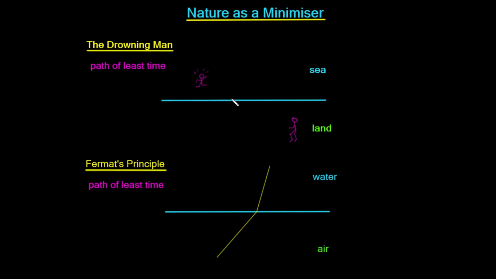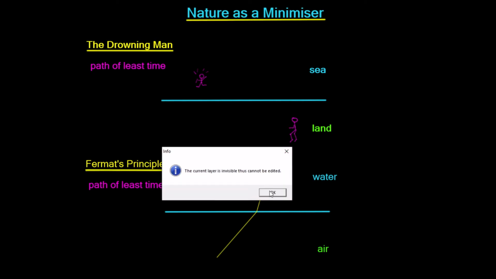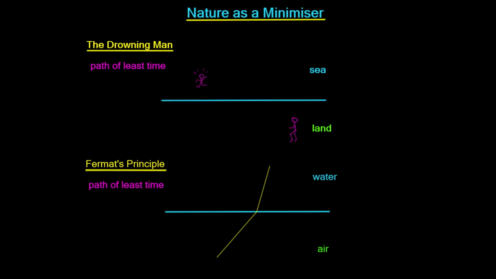So the shortest distance between 2 points is a straight line, so you could draw a straight line from this point here up to this point here. And you might think that this is going to allow you to get to this person in the quickest possible time. But that's not going to be true, because you can run a lot faster on land than you can